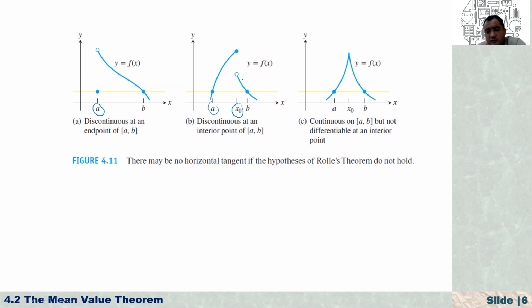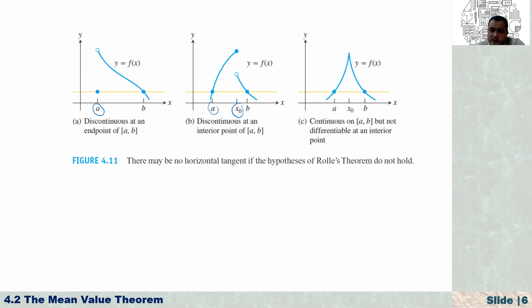Again, at that time, Rolle's theorem does not work for this kind of function. It must be continuous over the closed interval. It must be differentiable over the interval AB, closed or not. It's not important for differentiability. Actually, the third one is f of A is equal to f of B. Then we can use that theorem.